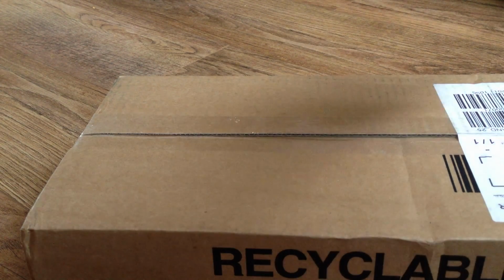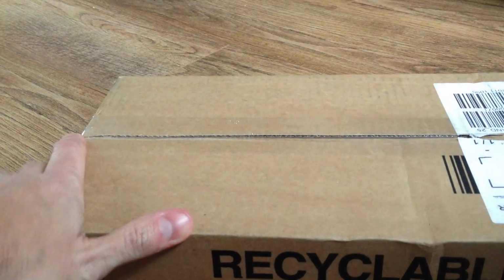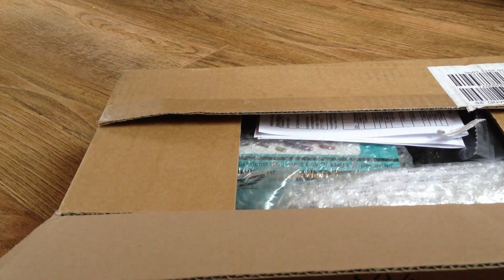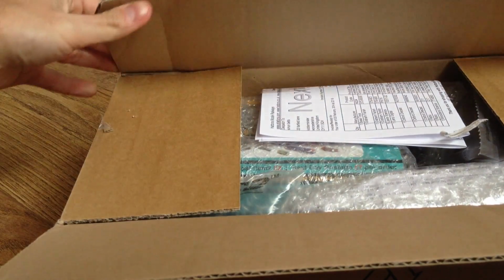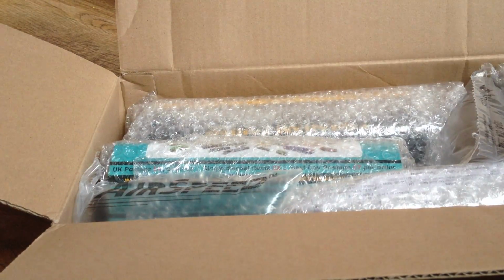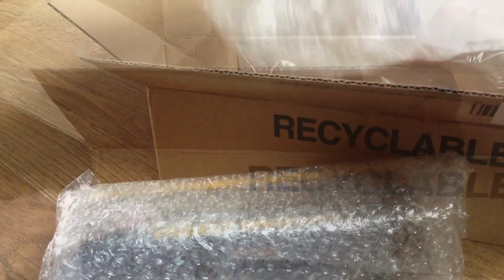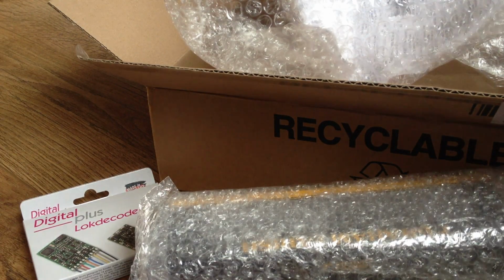This is fresh from the postman, or fresh from the Yodel delivery man in this case. I've ordered a few things which you'll see in future layout updates, just little bits and bobs. So that's what we want to look at. Yes, we'll need that in a sec. DCC decoder,